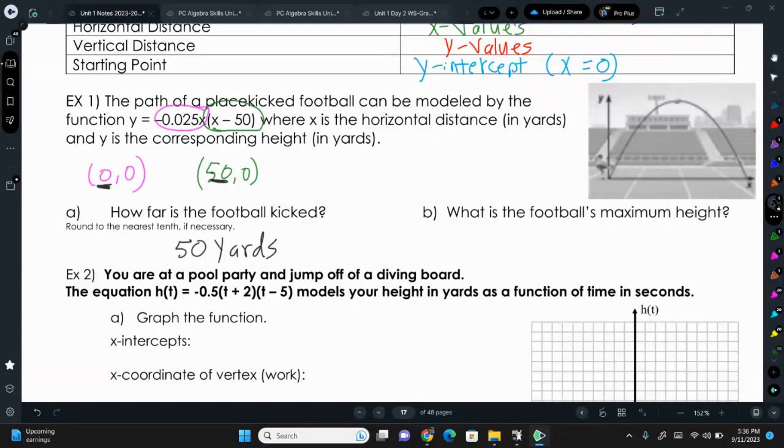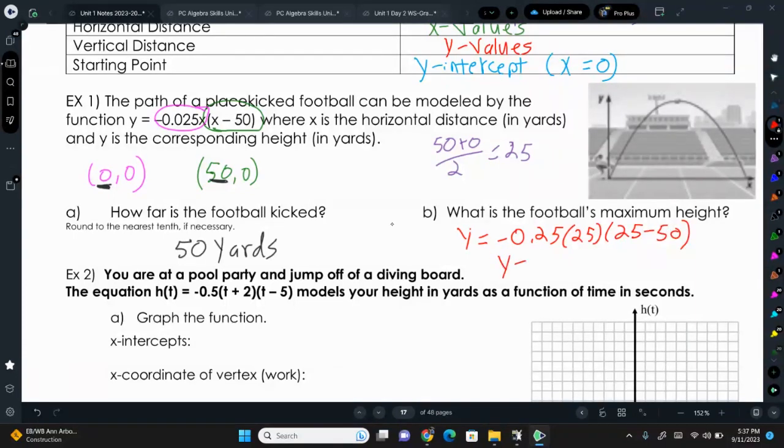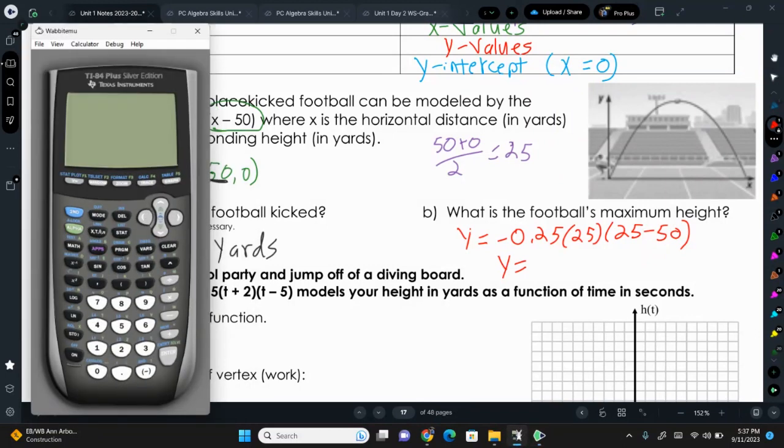Now, what is the maximum height of the football? So we need to find our halfway point between our x-intercepts. Well, 50 plus 0 over 2 is 25. So the max occurs 25 yards out horizontally, but what is that y value? So we're going to plug in 25 for both x values, and then the y value,